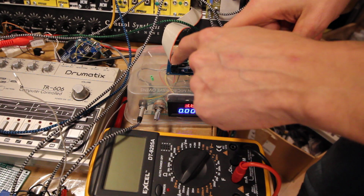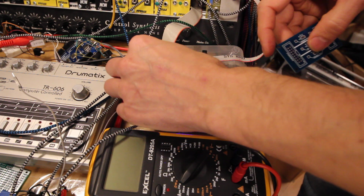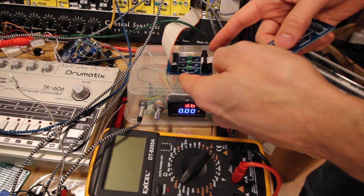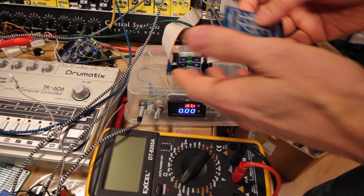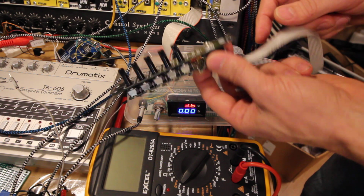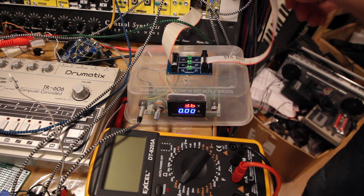Today I've spent soldering this little board together. This is an amp measuring station thingy, so you can measure how much current a module draws, for example. So here's the ASMR connected,